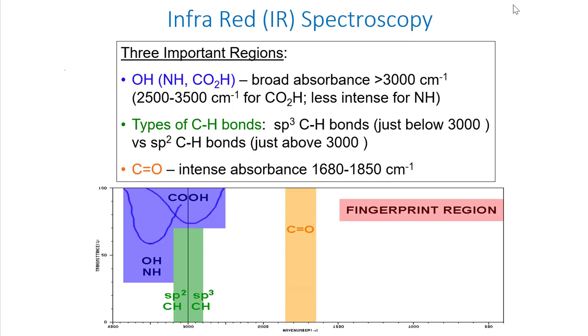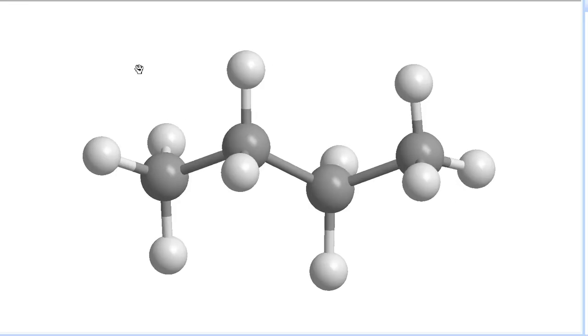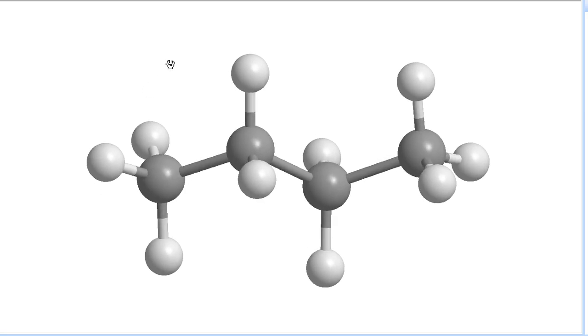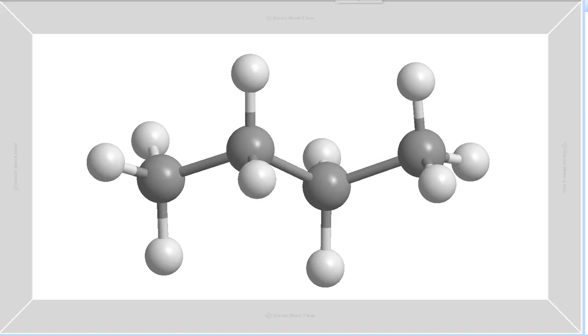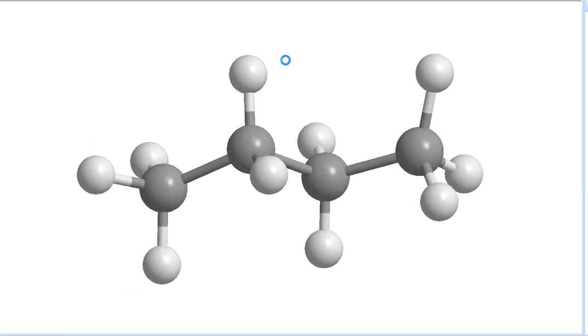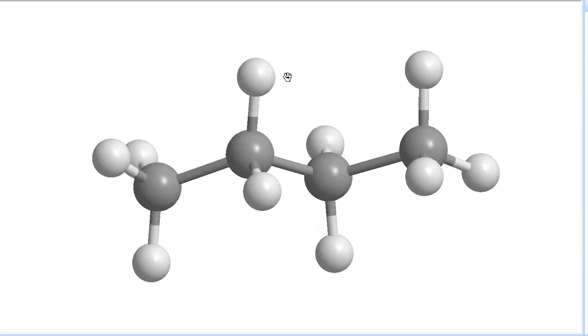Infrared or IR spectroscopy is focused on the types of chemical bonds that are present in molecules. A real molecule, like butane shown here, is not a static structure unless it's at absolute zero, but rather a dynamic one. The bonds are wiggling and jiggling, the molecule is undergoing conformational changes, the bonds rock side to side